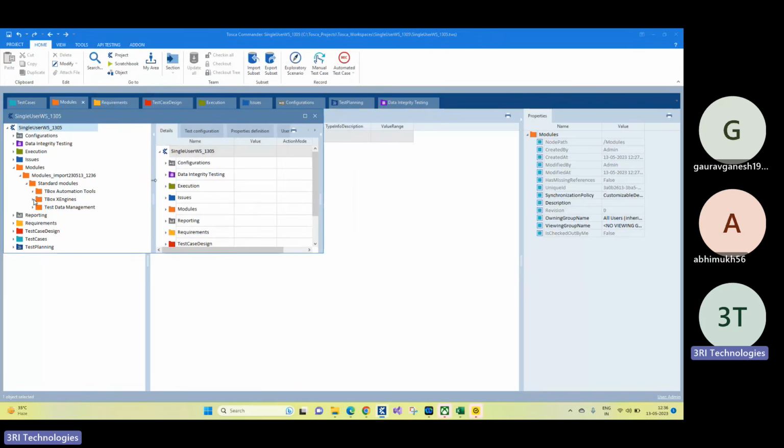Absolutely. See, there is no point if you create a blank workspace, honestly speaking. If you have a blank workspace, you will not be able to make use of these standard modules, some of the functions or modules which Tricentis provides. You need not do anything extra. This is the point they are selling their Tricentis Tosca tool, so that your automation process will be faster. If you have a blank workspace, then you will have to create your own things separately and then use them, right? So there is no point in having a blank workspace. Even if you have it, you will have to import the standard subset.